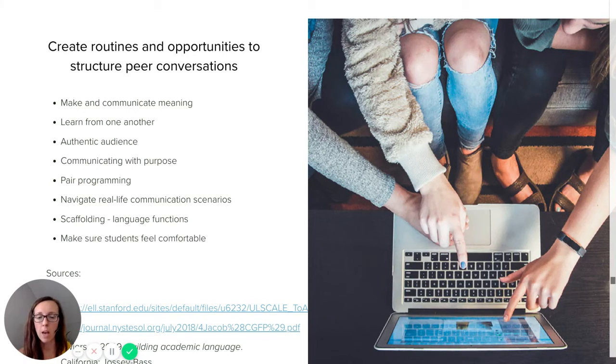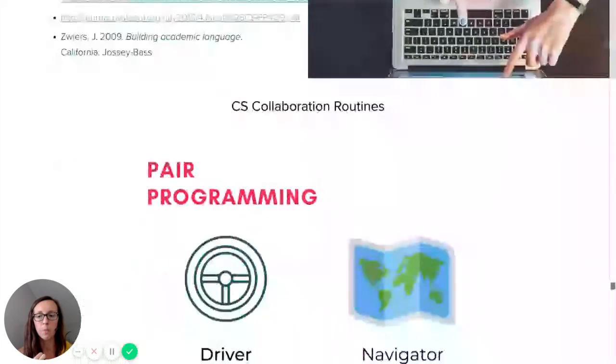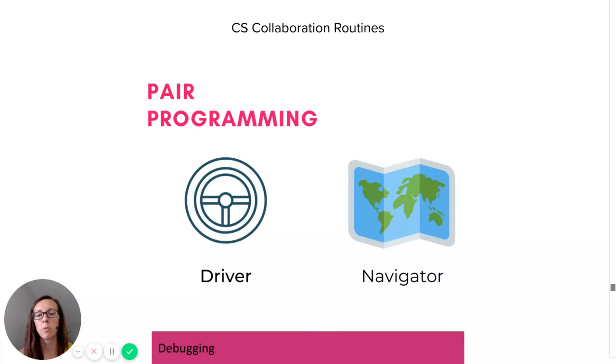We can also then provide some scaffolding for language functions so that students feel supported as they're working with a partner. And then that way they can feel comfortable not only working in a smaller group, but eventually sharing out with the whole group. So I mentioned one collaboration routine is pair programming. We've got the driver role and we've got the navigator role, and encouraging the driver and the navigator with specific phrases that they might say. So for example, the driver might say, "What do you think we should try next?" And the navigator might say something like, "Oh, well, I noticed that our project isn't quite doing X, Y, or Z thing that we had planned. Maybe we should try," and they fill in the blank with the next thing that they have in mind.